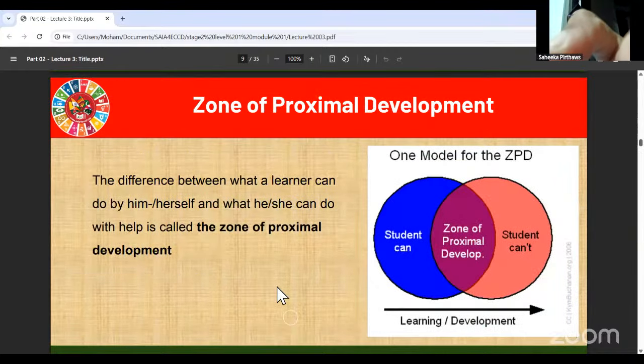So thank you, Rihanna. And here is my part. Here we see the definition of the zone of proximal development, ZPD. It's the difference between what a learner can do independently and what they can achieve with guidance, right? This concept highlights the importance of teacher support in helping children reach their full potential. It means learning happens best when children are slightly challenged but still supported. So next slide we can see